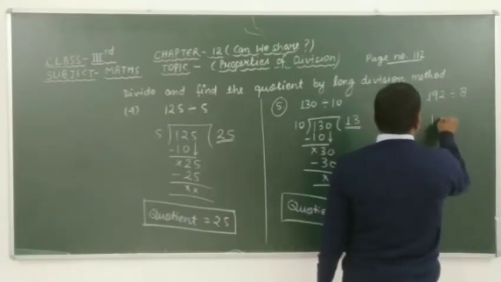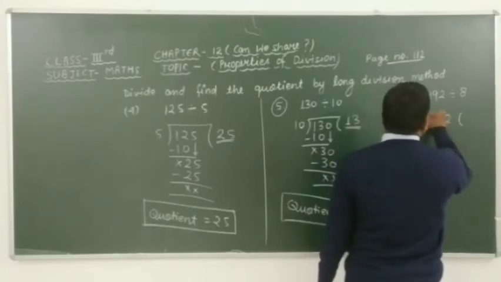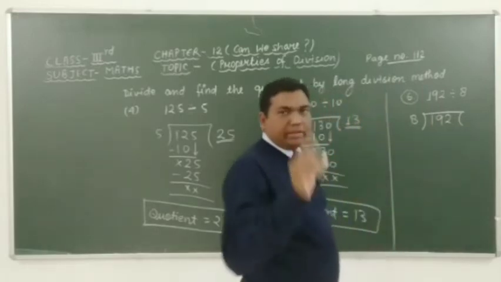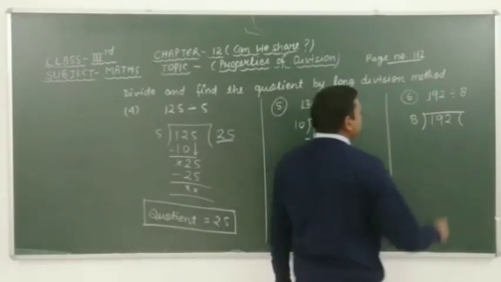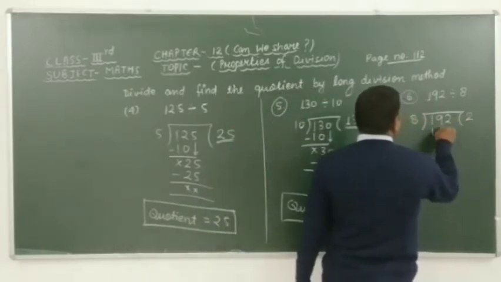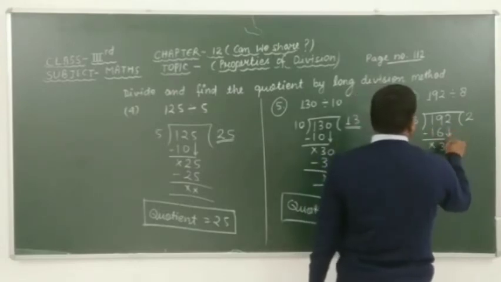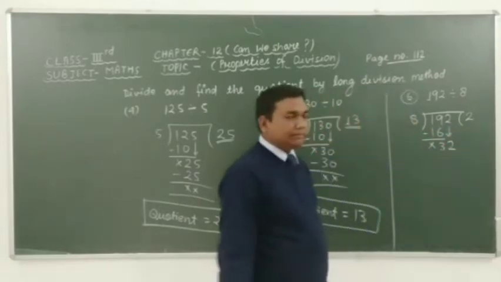Students, firstly we have to take the division of 192 by 8. Because table of 8, 8 1s are 8, 8 2s are 16. Here we can write 16. After subtracting these, we get 9 minus 6 is 3. 1 minus 1 is 0. It means that cancel out. And here we have to take 2 as same.